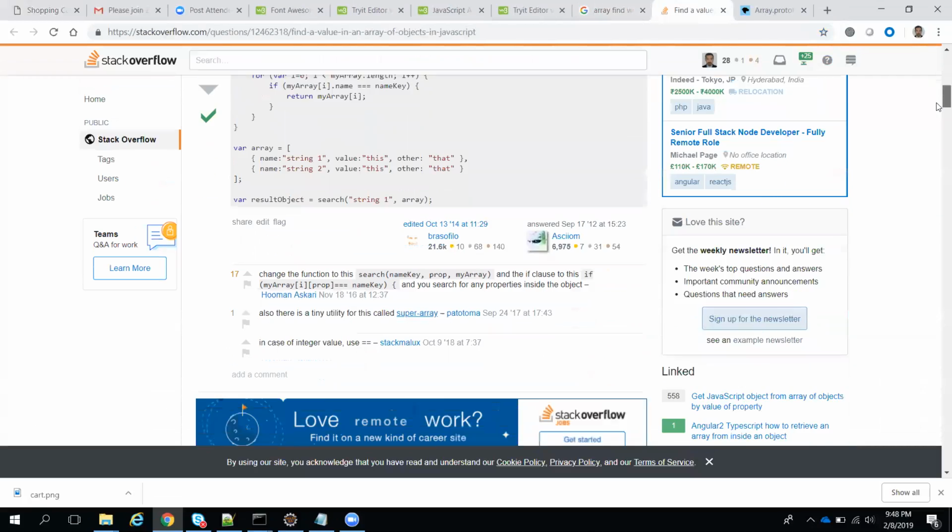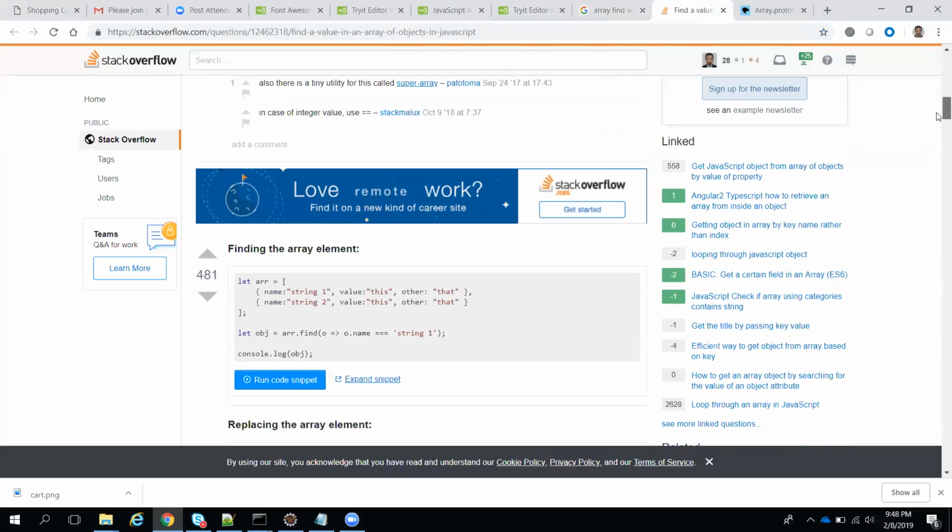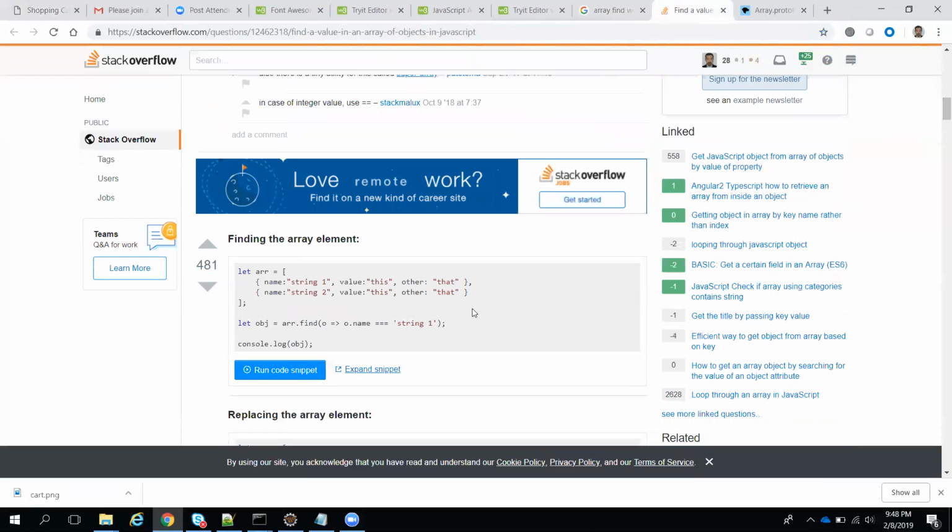No need to write a for loop and all. A single line is enough to do that. Yeah, this is the thing I'm actually trying to do.